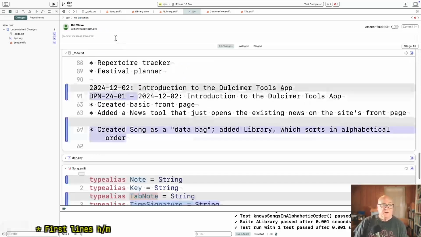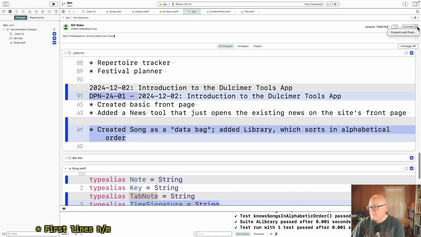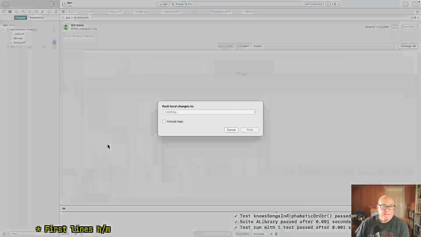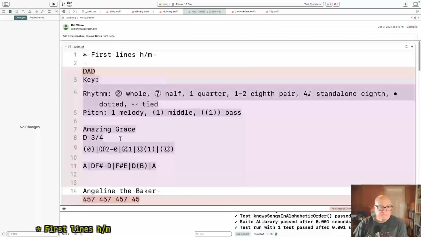So this is add time signature, remove notes from song. Okay. Alrighty, so I think that means